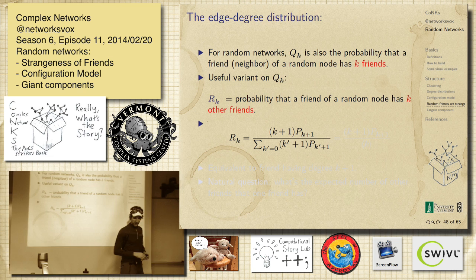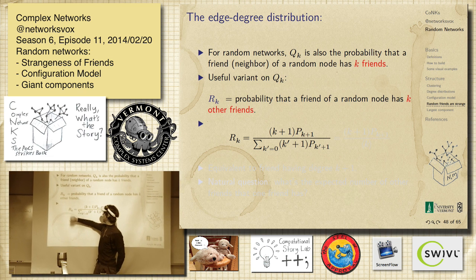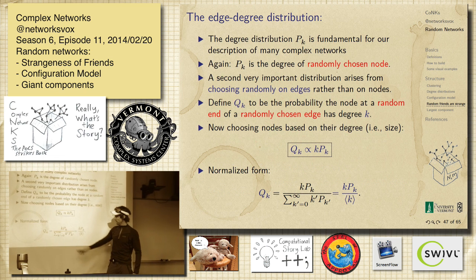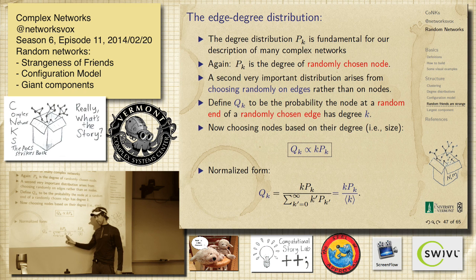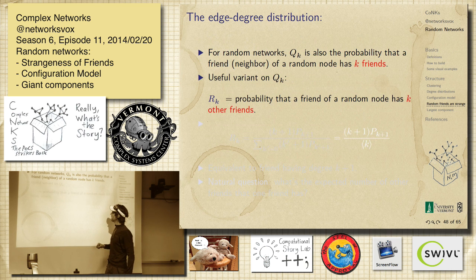So we'll use this. It's a simple modification. The chance that this node has k friends is going to be k plus 1 times p of k plus 1. Same thing, right? It's the same distribution, just shifted up by 1. The normalization is still the same, because when k is 0, you don't count the p0s. They're not in there. You can't get to them. They don't have any edges, so you'll never find them with this exploration, if you like.